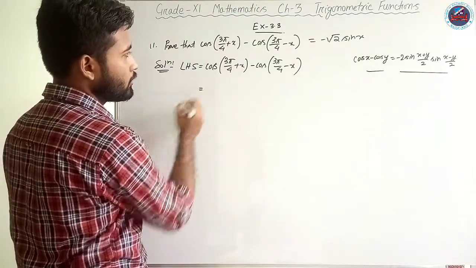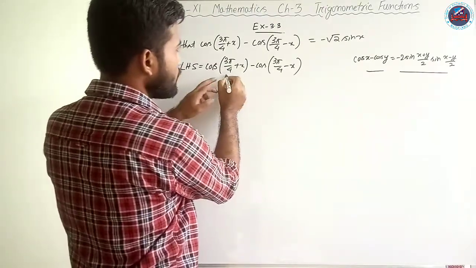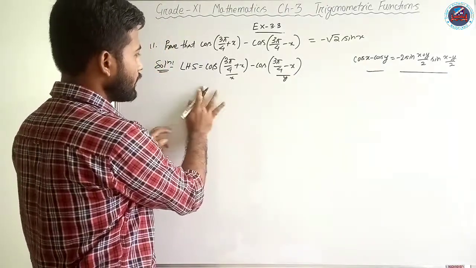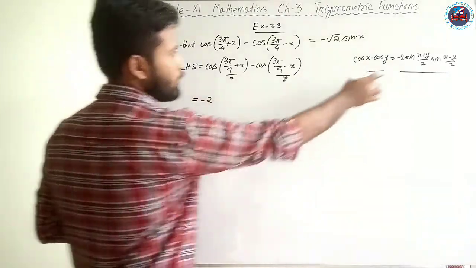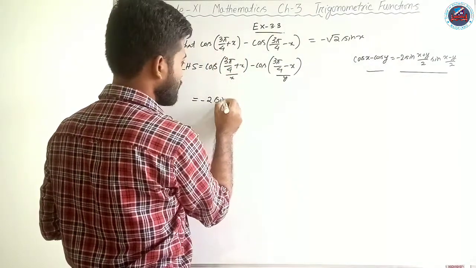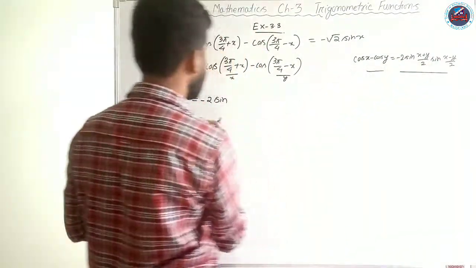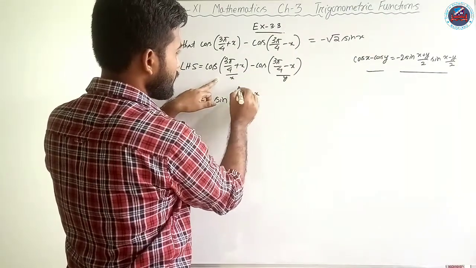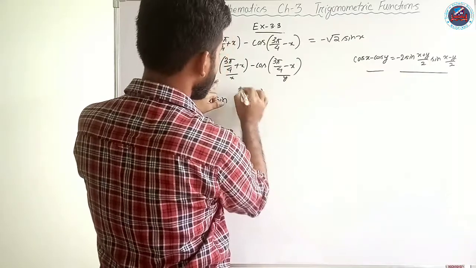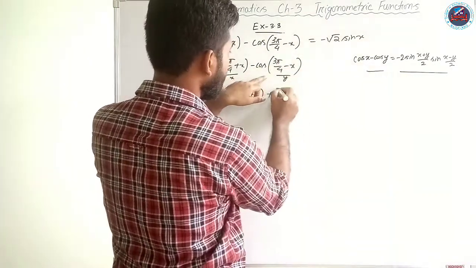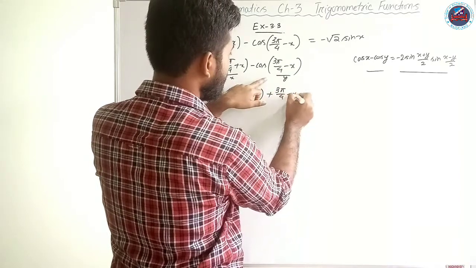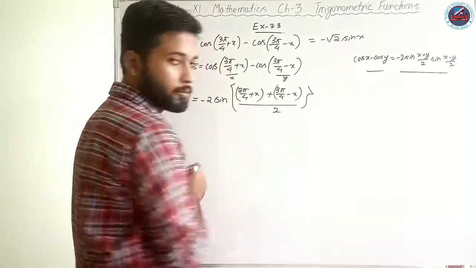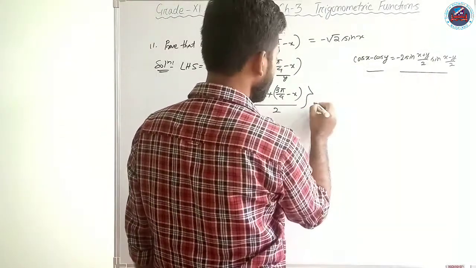And from there, what can we write about this? See, this will behave as the x and this will behave as the y. So in place of this, what can I write? Minus 2, then sine of what? x plus y divided by 2. So our x is this, 3 pi by 4 plus x, and this plus this will behave as the y, so this will be 3 pi by 4 minus x, so the whole divided by 2, sine.